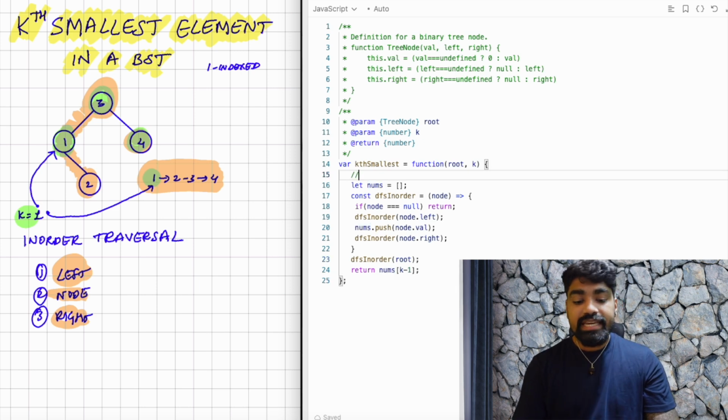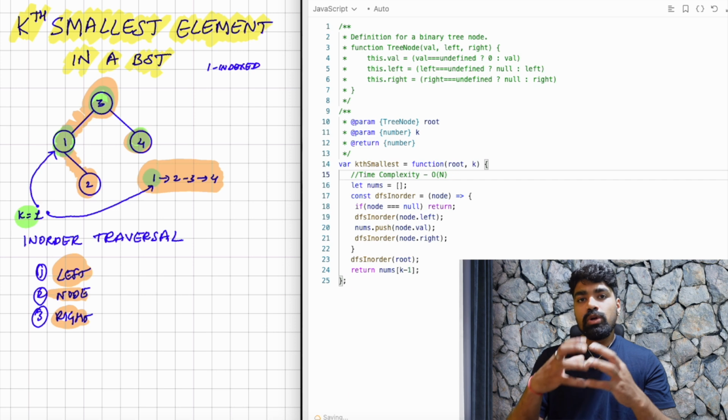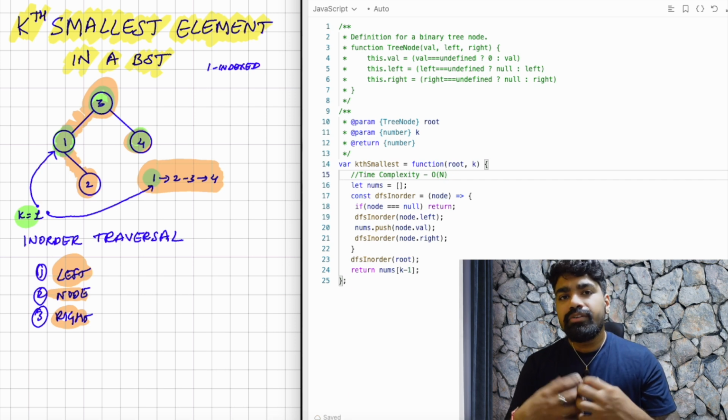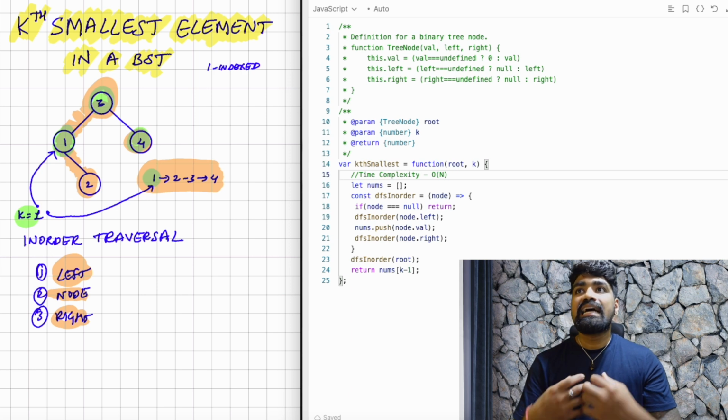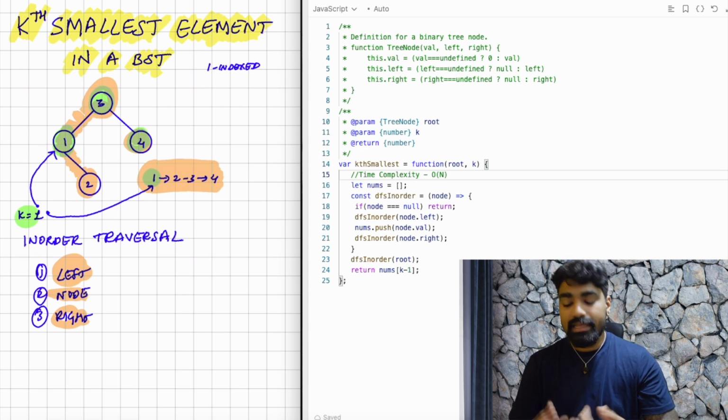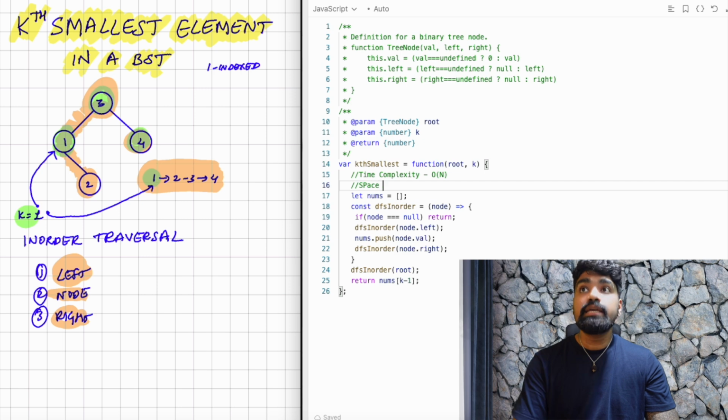Now in terms of the time complexity that is going to be involved here, it's going to be big O of n, because we are going to iterate through the entire tree that we are given in a depth first search fashion. That's why the time complexity is also going to be big O of n. And in terms of the space complexity that we have, that is also going to be big O of n,